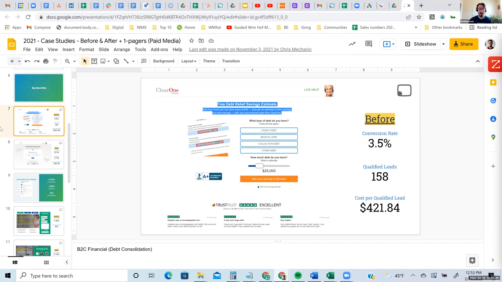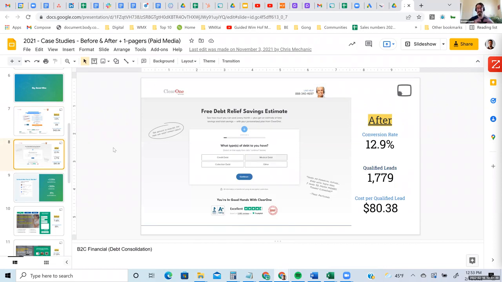So what we did was we cleaned up the experience of the landing page, made it more modern, and more mobile friendly as well. And the other thing we did was we started, on the paid side, passing these signals back to Facebook, right? So that when someone had over $10,000 of unsecured debt, that became a lead, and we only fired that when that person met that criteria, right? And what wound up happening was they went from 3.5% to 12.9% conversion rate, right? And the cost per qualified lead went down very significantly.